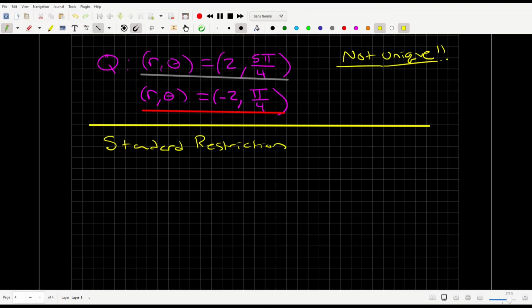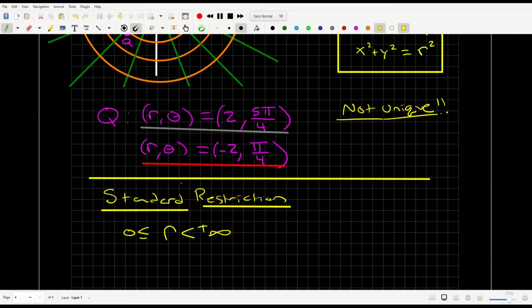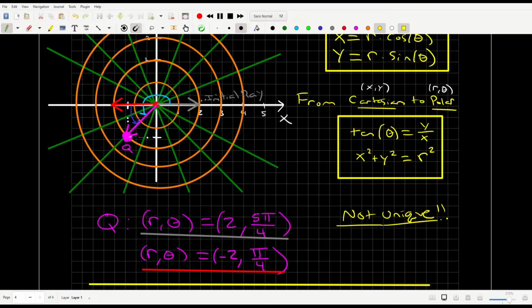So typically, you have a standard restriction that you can use if you're only interested in a unique representation for a given curve, and that's to make sure that the radius r is only positive, so this initial ray only points along the positive x-axis,